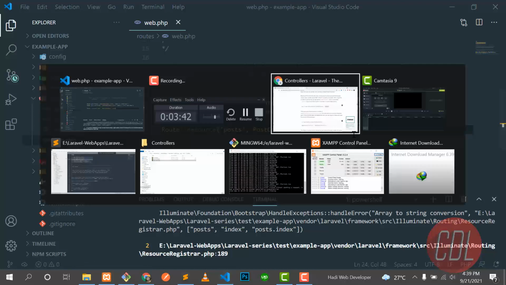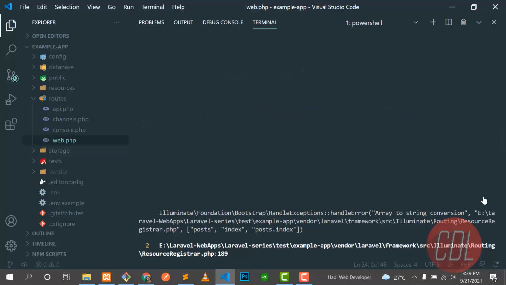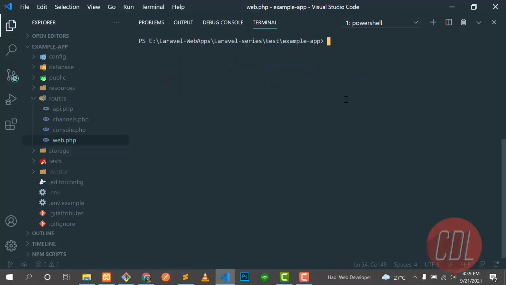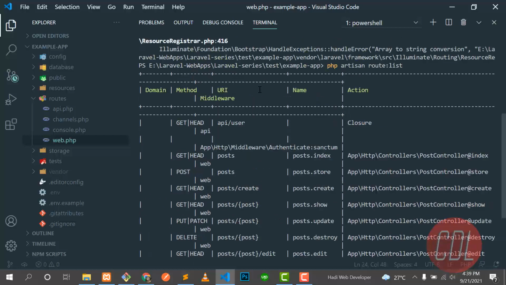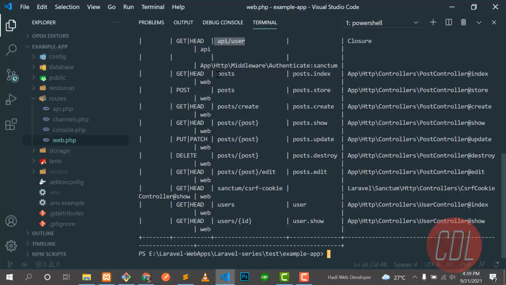So save this one and go to the web browser. Not the web browser, we need to go here and check this again with php artisan route:list. Oops, where is it? Let me clear this for you, and php artisan route:list, and yes, now it's working successfully. So this is our api.php route, and these are the post routes. First created is post.index, and then post.store.